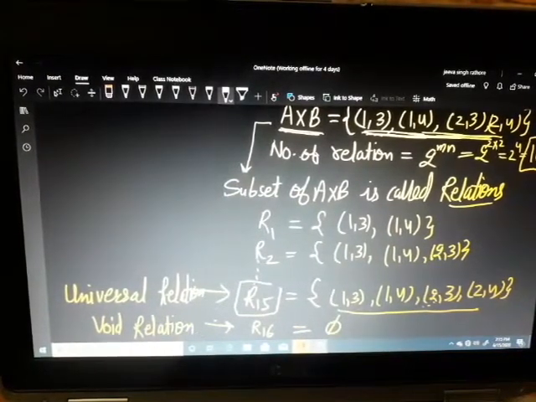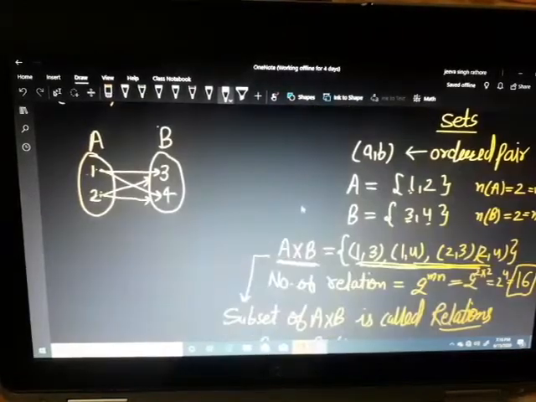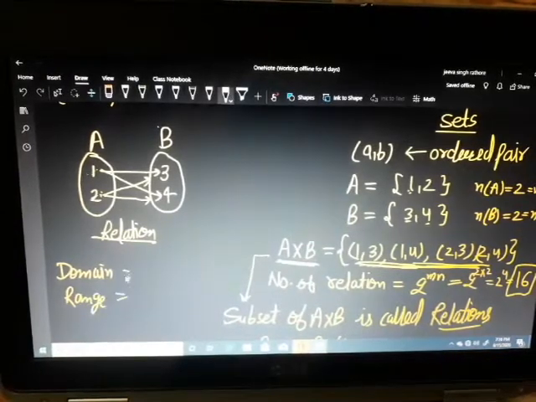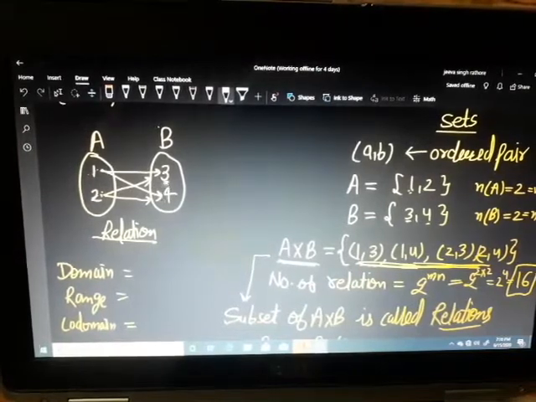Okay, write down the next important concept. One most important thing you were taught in class 11th, in sets and relations, is that you have to discuss domain, codomain and range. I am writing the domain, range and codomain. What is the domain? Domain means all the values of x that are mapped to other elements in set B, that is 1 and 2, that is the domain.